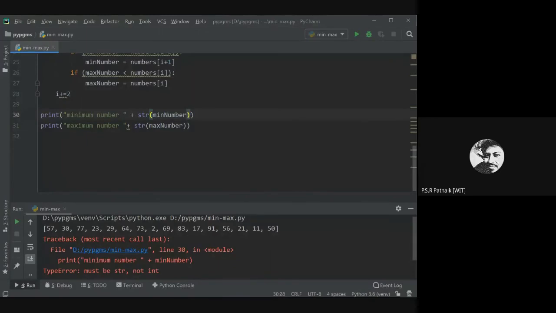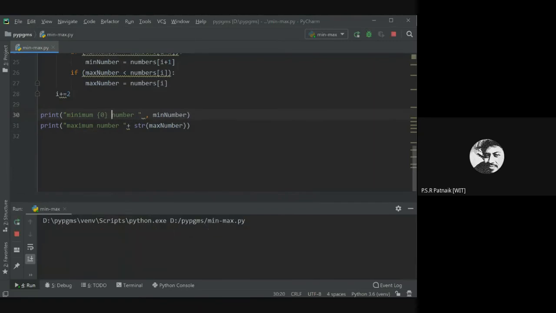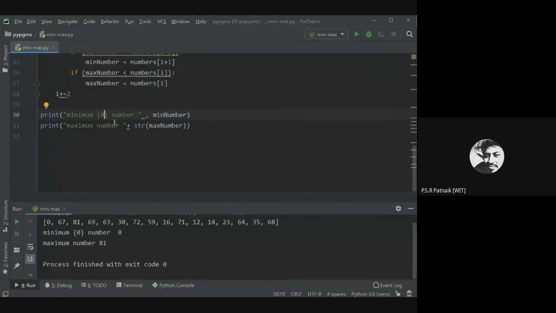No issues. When I use comma, we use comma when you want some formatted output. I hope you know formatted output. Inside formatted output, we put this bracket somewhere. If you look at this, and if I execute this, I'm not able to recall the syntax, but we have a formatted output.